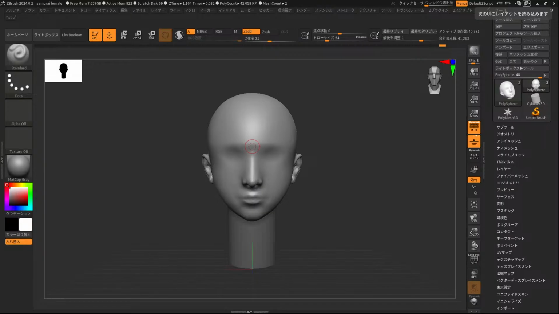But then, oh, you realize, what's this? Oh, it's been going through. That's not what we want. You can see now, if I get the clay brush and I just go really hard, look at that. No. Well, you can use backface masking in brushes, auto masking, backface mask. I actually put it in my UI because I use it a lot. So now with backface mask on, that doesn't happen.